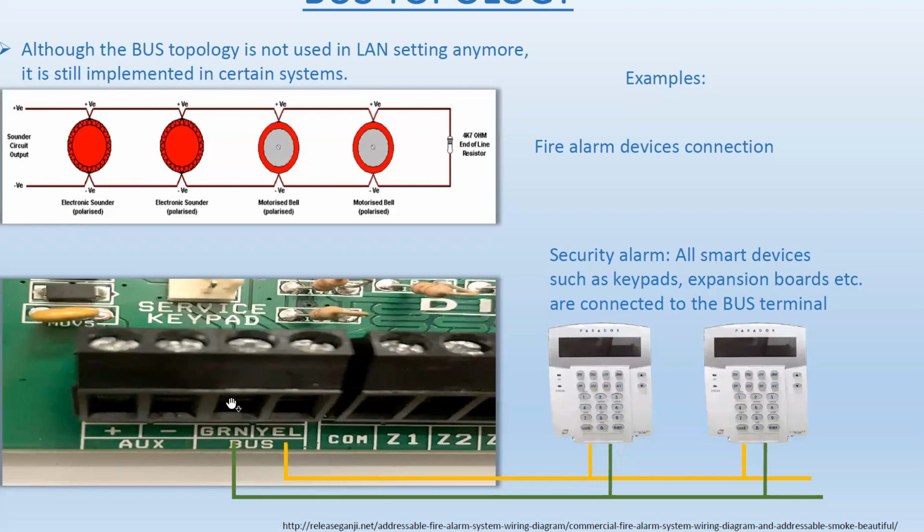What do we have? Oh, look, we have 4 connections. Auxiliary power, plus and minus, usually 12 volts to power up devices. And I just didn't draw the wires. The security alarms usually use something that's called a quad wire. It's a straight wire, 24 gauge, 22 gauge most of the time. And it has 4 colors, red, black, yellow, and green. And usually red and black are reserved for the power. So one quad wire would just go from one keypad to another keypad, forming a bus. All the keypads are tapping into the same bus line. See that? Here, they are sharing the same bus line.